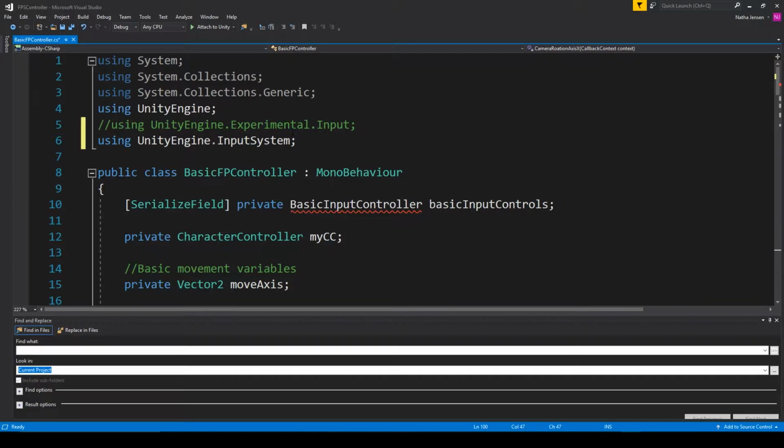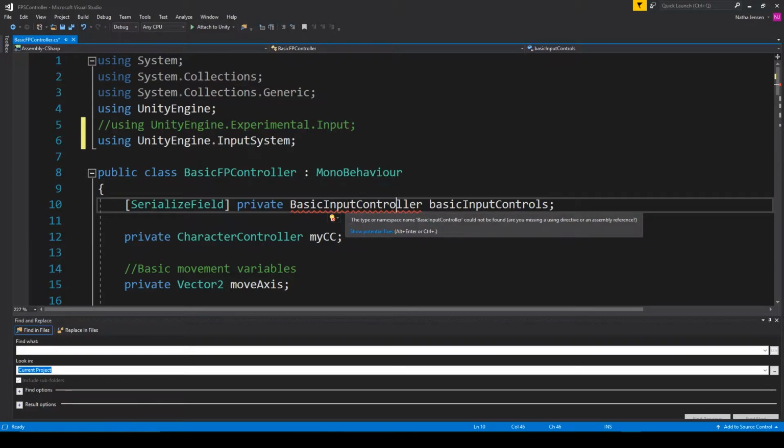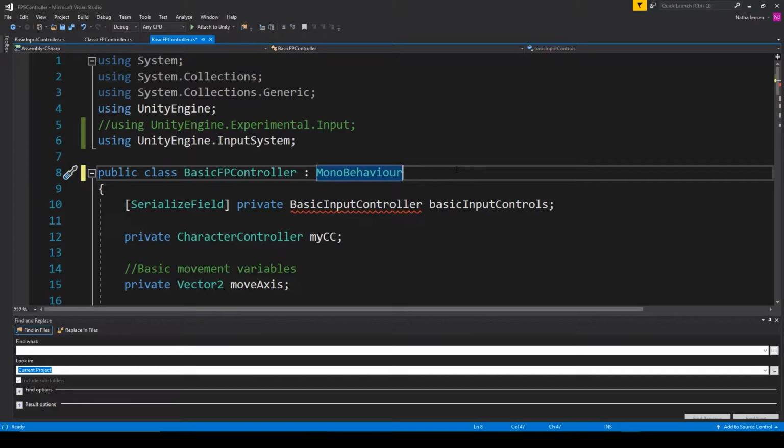Now the next error that we're receiving is right here where we're declaring our basic input controller variable. And this used to be for the input action file or script. And so to fix this error, we need to add an interface to our inheritance. And so for the interface, I'm going to type a comma, and then for me, it is BasicInputControls dot IBasicFPControlActions. But now we're receiving an error for this interface, and that's because there's certain callback functions that we're not